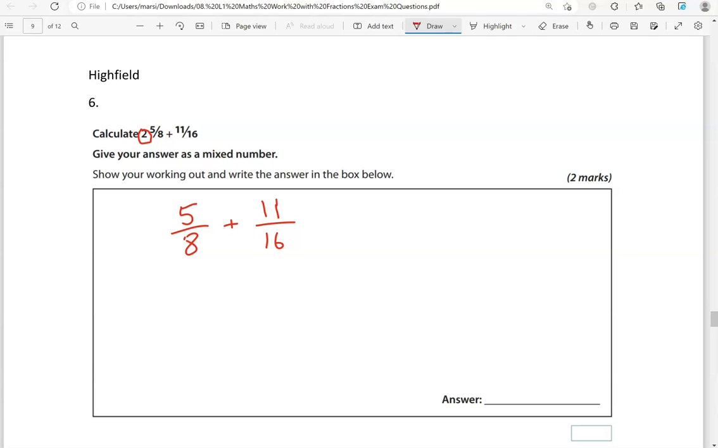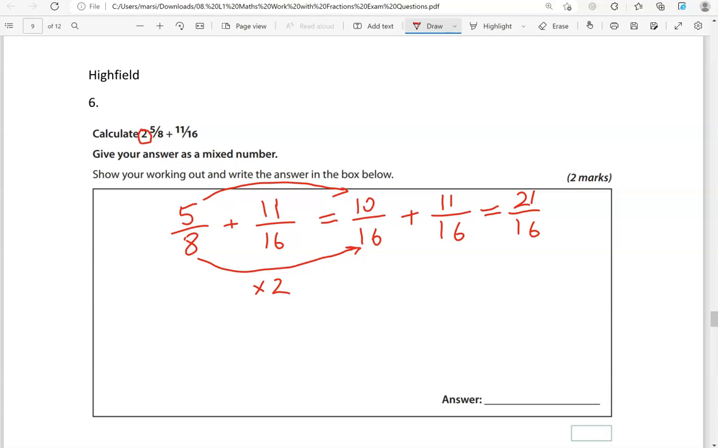Common denominator of both is 16 itself, because 16 is a multiple of 8. 8 times 2 makes 16. To get from 8 to 16, we multiply it by 2. So we'll do the same to the top number to give us 10. This one is already as we need it. So 10 and 11, that is